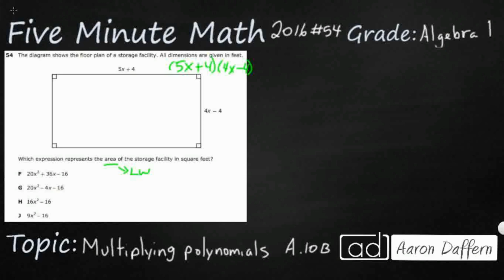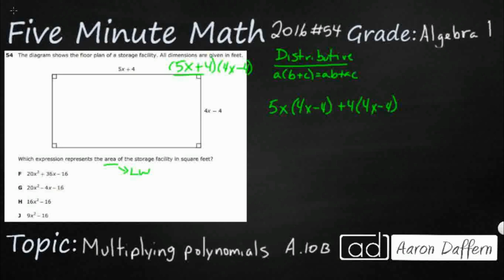So let me start with the one that is the foundation of all of this. This is actually asking us to use the distributive property. So the distributive property, remember, is when you have A, and then you multiply that by B plus C, that's the same as AB plus AC, right? So what we could do here is we can take this as our A, right? And so we can say, I'm going to split that 5x, multiply by the 4x minus 4, and then I'm going to take that plus 4 over here to the 4x minus 4. So I'm just going to take that first term, split it in half, and then multiply it by the second